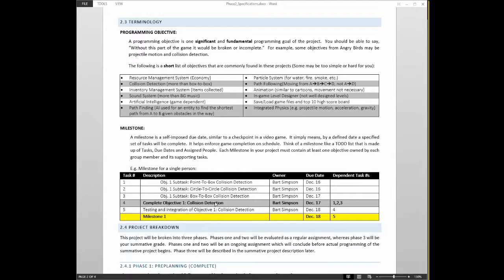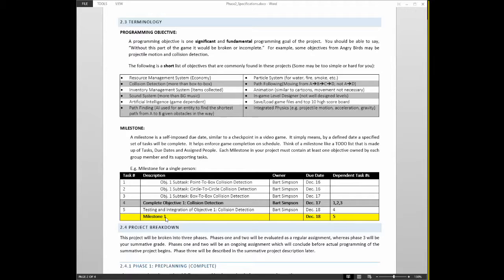tasks, they're all numbered, does that given task depend on. It can't be complete until all the dependent tasks have been completed. So this is the whole complete objective 1. Obviously it can't be complete until all of its subtasks are done, so 1, 2, and 3. The testing and integration of objective 1, it can't be complete until the actual objective is complete, so it depends on objective 4.